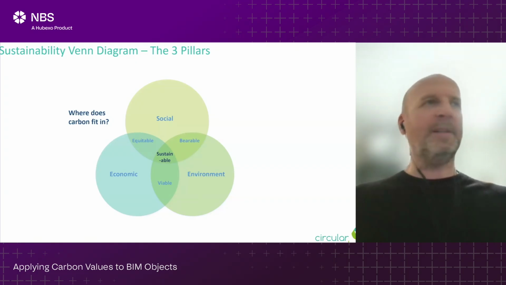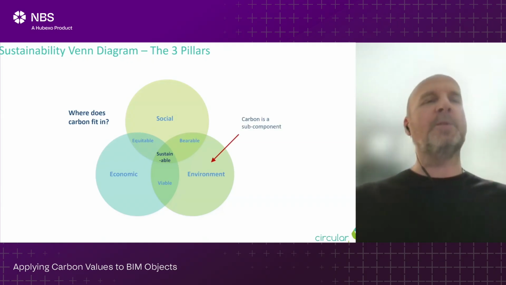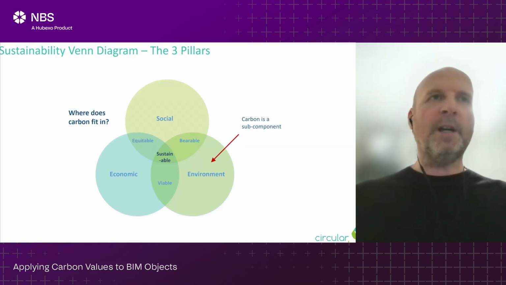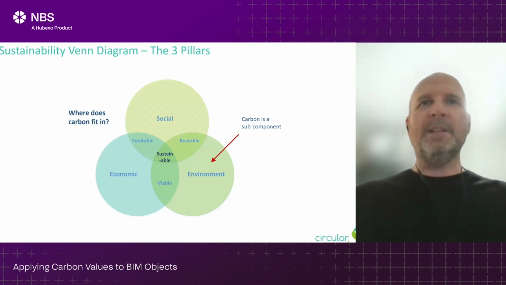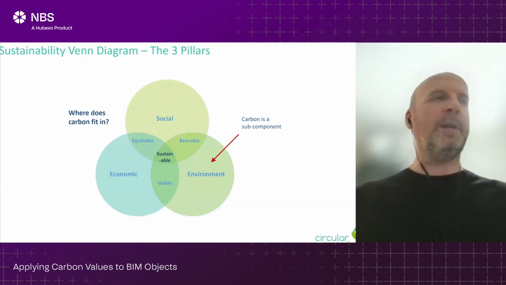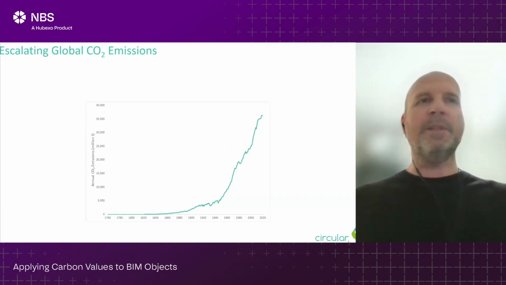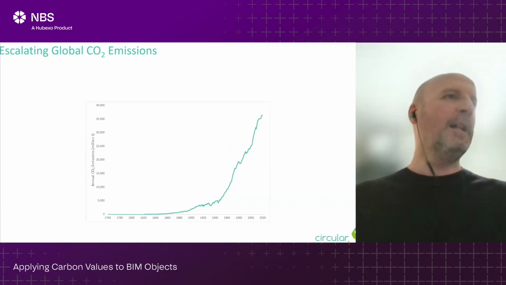Now, carbon gets by far the most attention, but where does carbon fit into this? Well, carbon is a subcomponent of the environmental sphere. There are many other issues in environment: particulate matter, toxicity, water, resource depletion, hazardous waste, etc. So a long list of environmental indicators in the environment sphere. But carbon is by far the most talked about topic that we hear about daily in the news and at events. Why is that? Well, if we go and have a look at CO2 emissions from man-made activities, this here